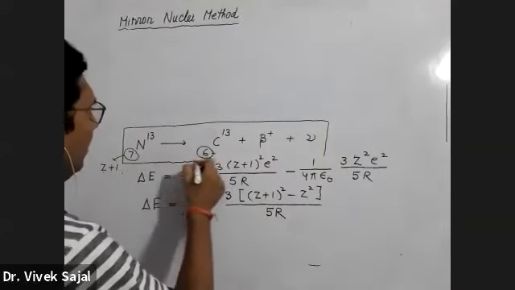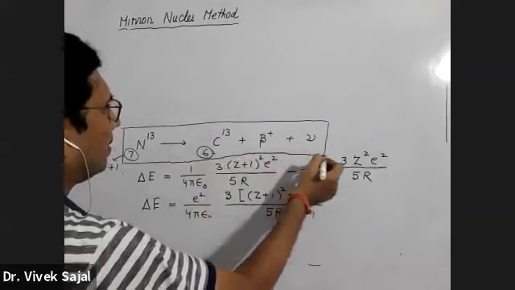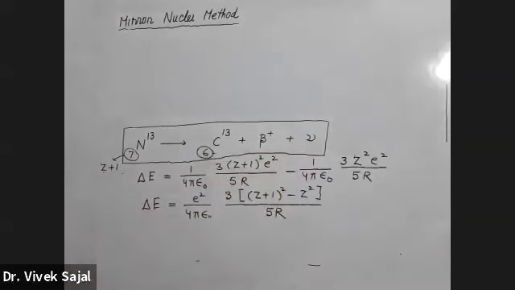Sir, in the denominator will there be R square or R only? Only R. Okay? It will be R only. In Coulomb's law, we have the formula 1/4πε0 times Q1 Q2 over R. Don't worry, I will derive that when I discuss the liquid drop model. But this is the formula for the Coulomb energy term. You can even calculate it yourself. This is homework for you.